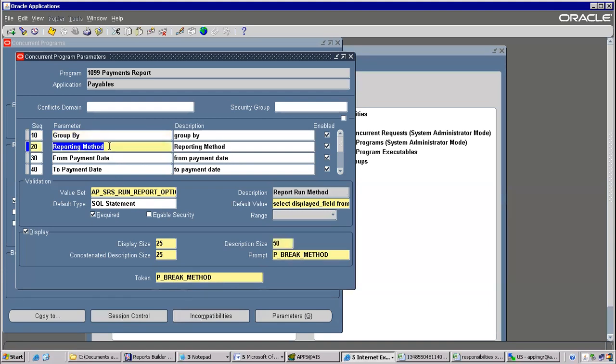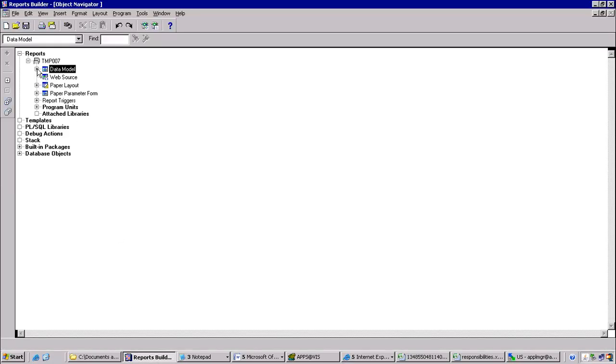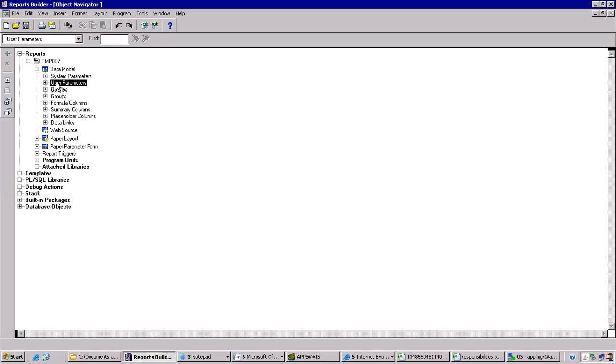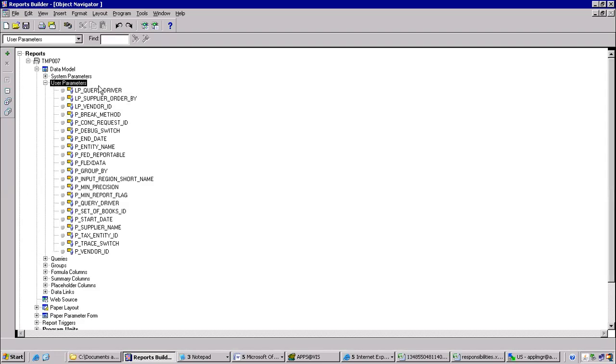So what are they actually? They are the parameters in a report. So you can check those two parameters here. Data model, user parameters. Check here, where are they? Here is the place. P break method. One more. Right, P group by. Right? Yes. These two parameters,